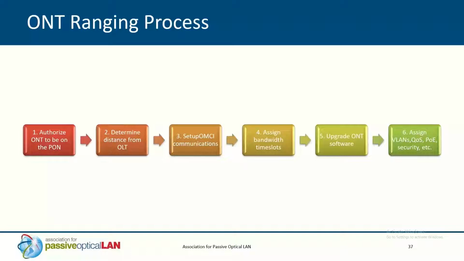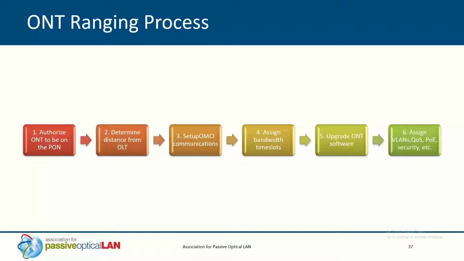That's the basic idea. In the ranging process, there's an allocation of upstream bandwidth. It is a shared TDM technology in the upstream, although it's very high speed, and for all intents and purposes, from a user perspective, you wouldn't know. But the distance and delays are taken into account between all of the ONTs, and it ensures that the upstream transmission of each ONT doesn't collide with the others.